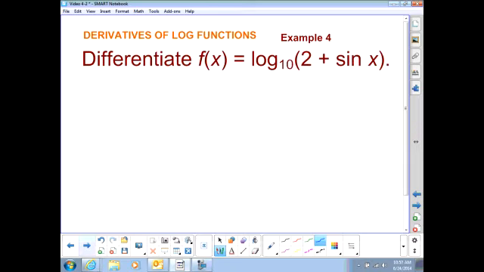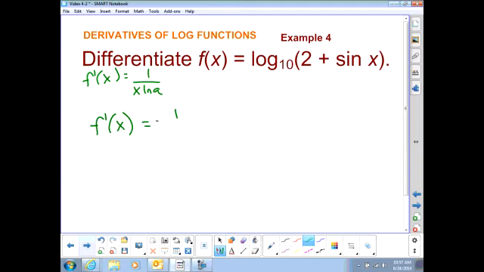Okay, let's look at a chain rule example that deals with a base other than e. We'll do a log base 10. Keep in mind our rule is 1 over x natural log of a, where a is the base. So our derivative